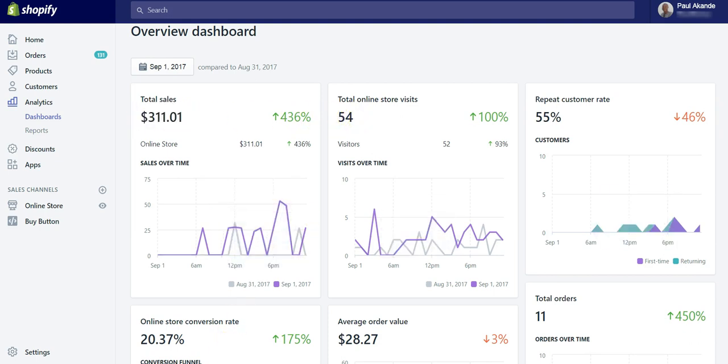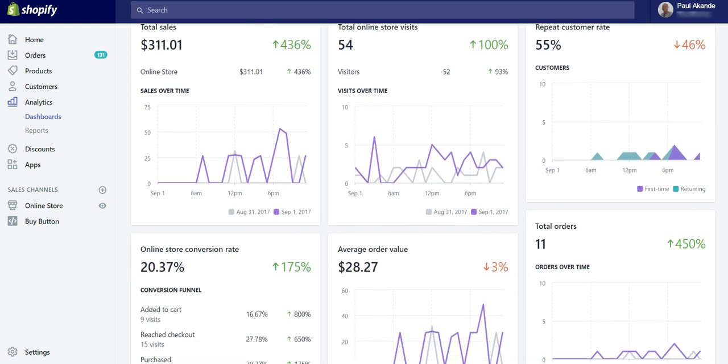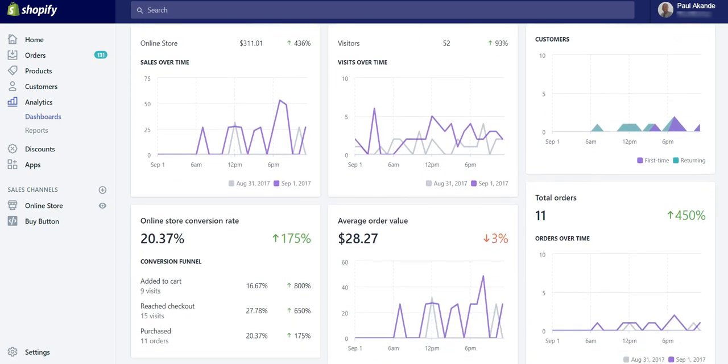Let me scroll down a little bit so you can see my conversion rate for the 1st of September. My conversion rate was 20.37%, which is unbelievable.